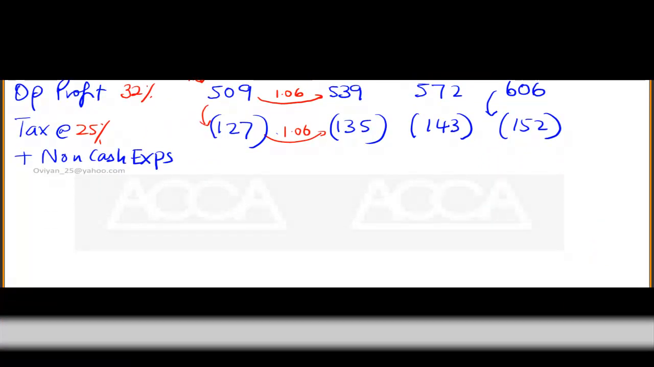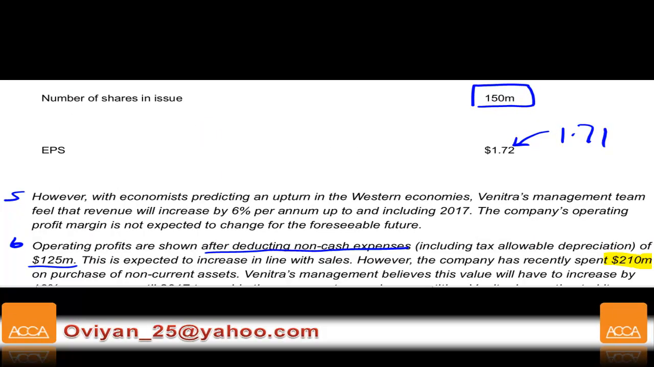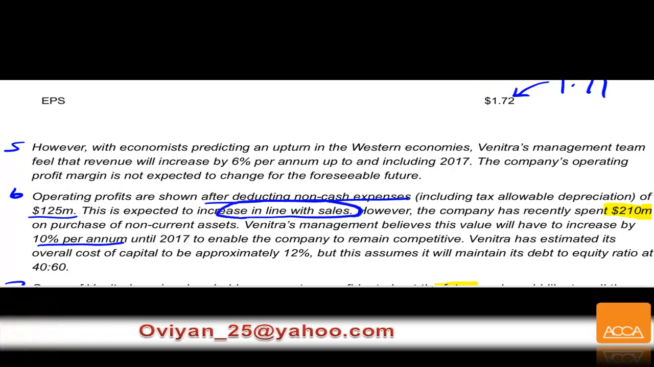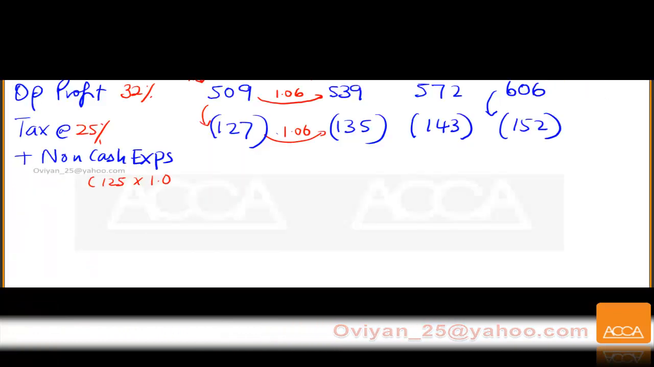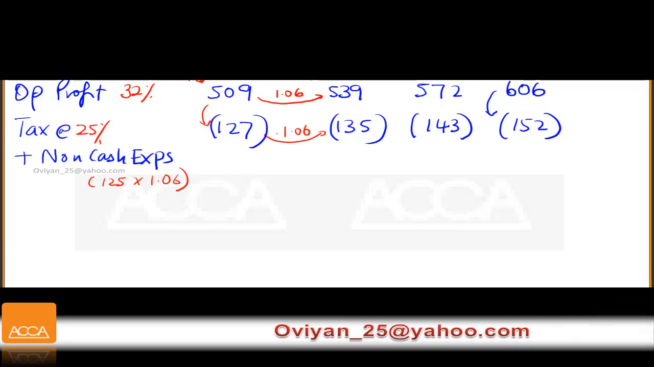So what we are going to do is calculate the TAD: 125 multiplied by 1.06. The question says that TAD is in line with sales. It's not in line with capital expenditure, it's in line with sales. Okay, so we'll take 1.06. So this figure is going to be 125. Let me check, 125 times 1.06. It's going to give you a figure of